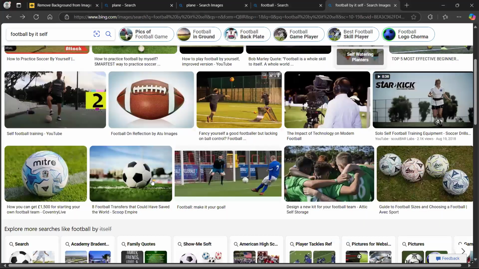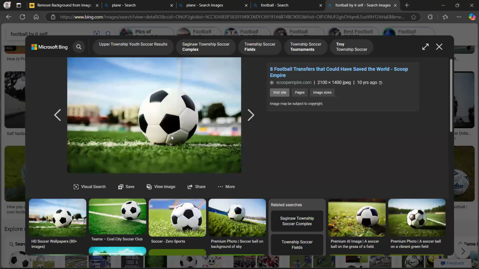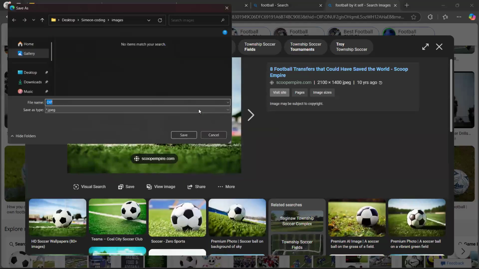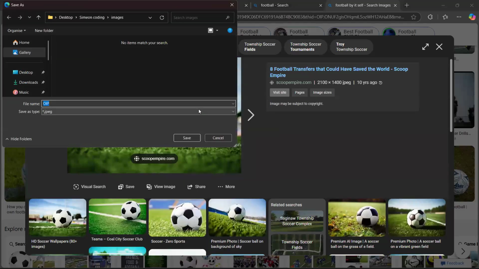I'll find another one. Save image as JPG. Is that the right one? Yes. Some of them will have E, some of them don't.